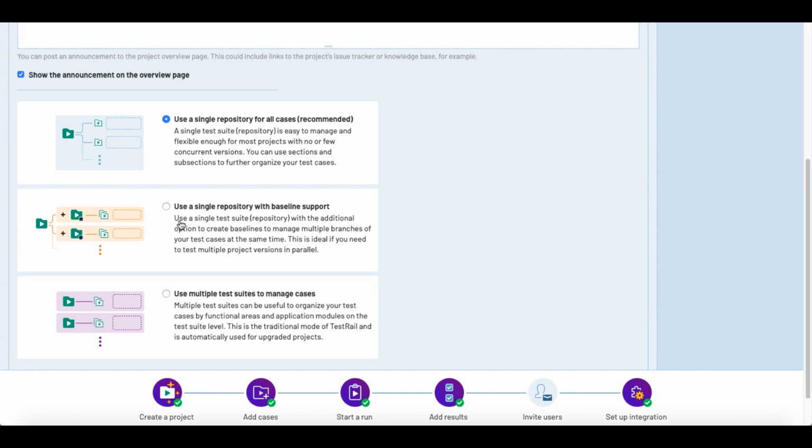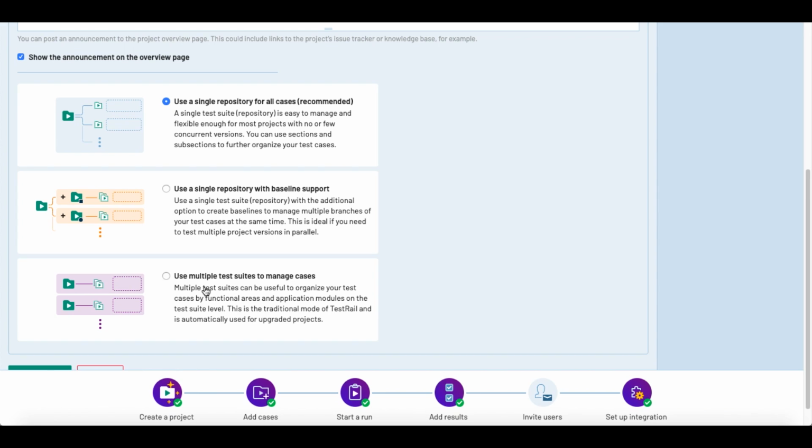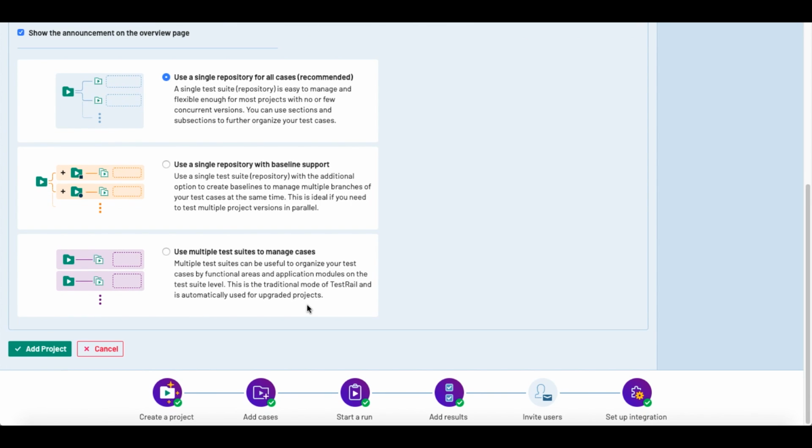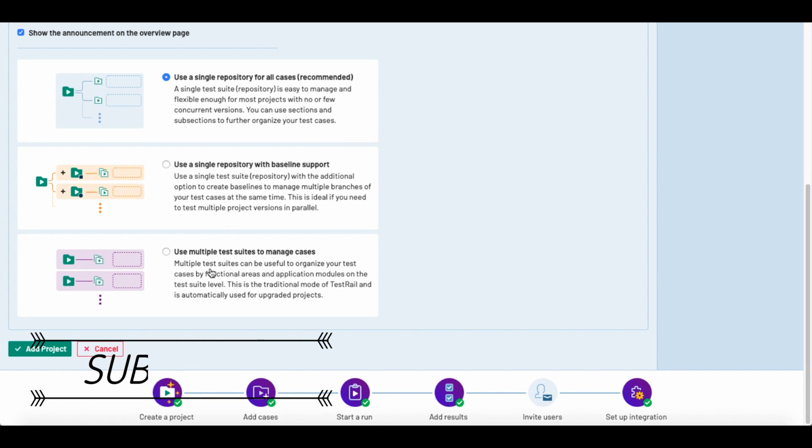And the last one is use multiple test suites to manage cases. In this, multiple test suites can be useful to organize your test cases by functional areas and application modules on the test suite level. This is the traditional mode of TestRail and is automatically used to upgrade projects. So in the last one, we make the test suites according to the functionalities or the different modules of the software.